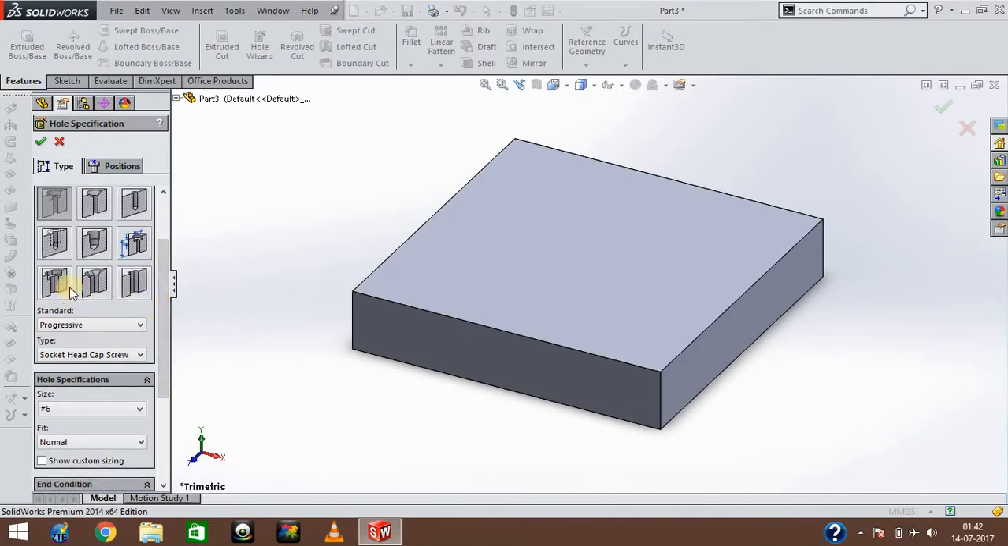Below these options, this is the standard option. See, this is used to specify the industrial dimensioning standards like ANSI metric, ANSI inch, AS, BSI, DIN. So we use the MMGS dimensioning, so ANSI metric,